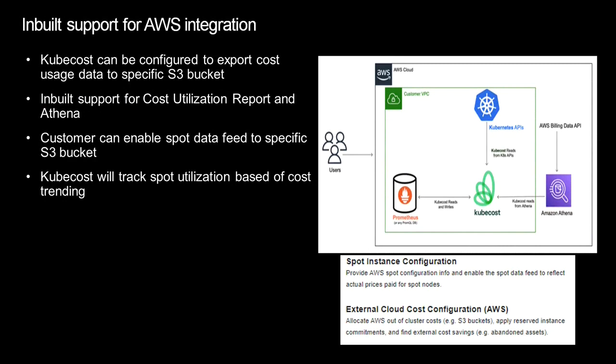The other feature is the cost utilization report. I was already talking about that. KubeCost can also send the usage data into emails, as I was mentioning, but apart from that, it can also send the data periodically to an S3 bucket, which you can configure, and this will contain the cost utilization report. If you're using something like Athena along with Glue, you can query the data, and you can even use QuickSight to prepare a dashboard for your business intelligence and reporting purposes. So that is a very cool feature. We have seen a couple of customers going for that particular approach.